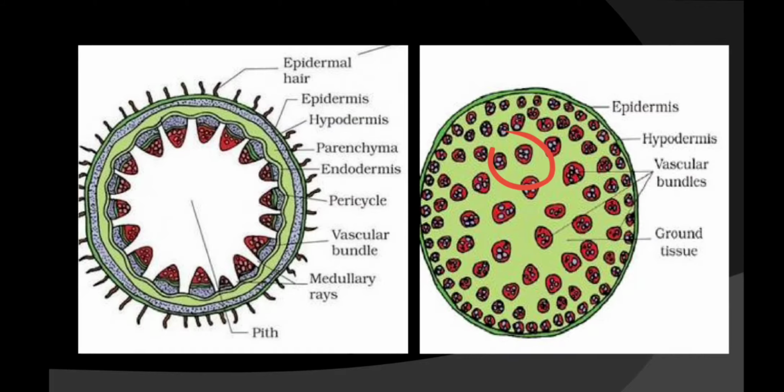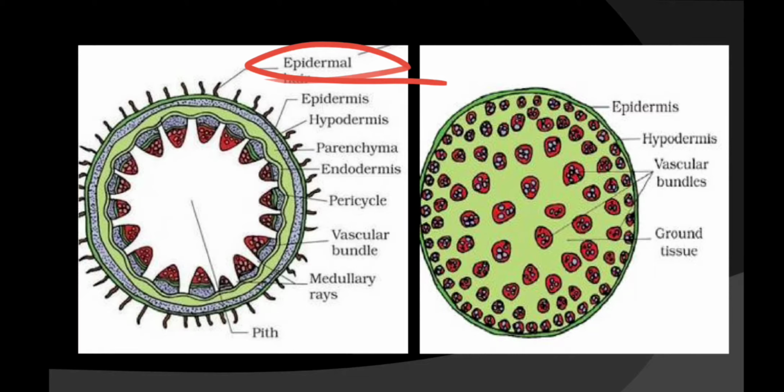is the dicot stem. And also in the dicot stem, you will find numerous hairs on the outer layer, that is the epidermis. Okay, on the epidermis you will see many epidermal hairs, also called trichomes. So this is the main difference. You are able to identify which one is the dicot and which one is the monocot stem.